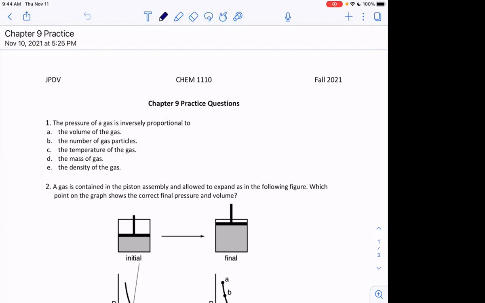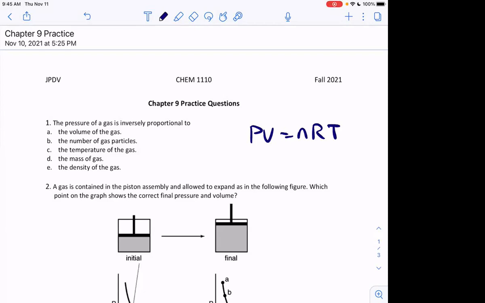So first one, the pressure of a gas is inversely proportional to the volume. So basically, if you write this out, inversely proportional has to be on the same side of the equation, right? That's another way of saying if everything else is constant besides pressure and volume, then you have PV equals... So if everything else is constant, same moles of gas, same temperature, and I increase the pressure, you have